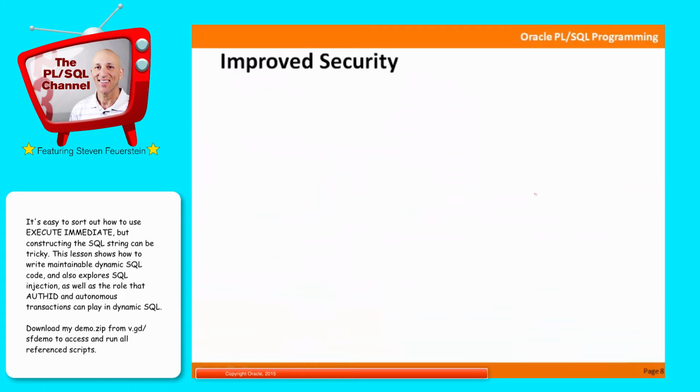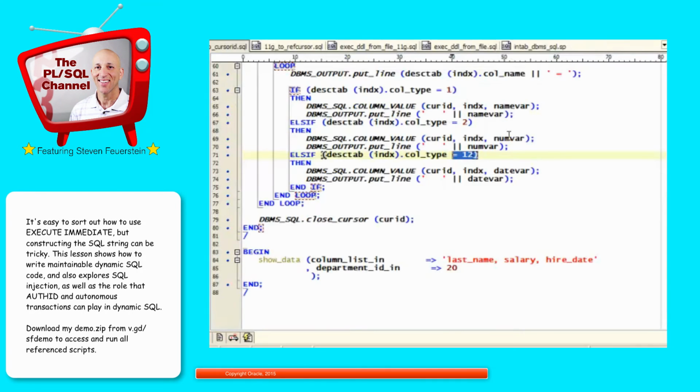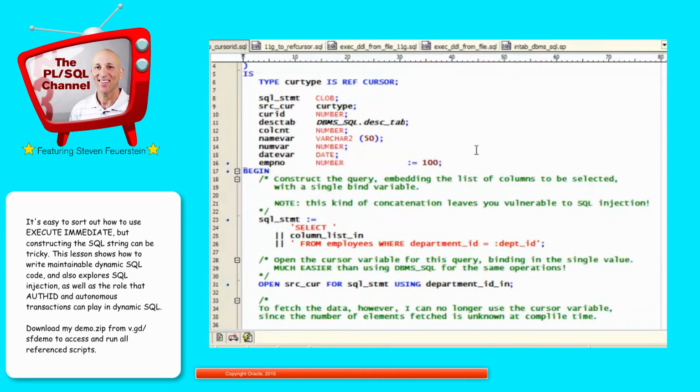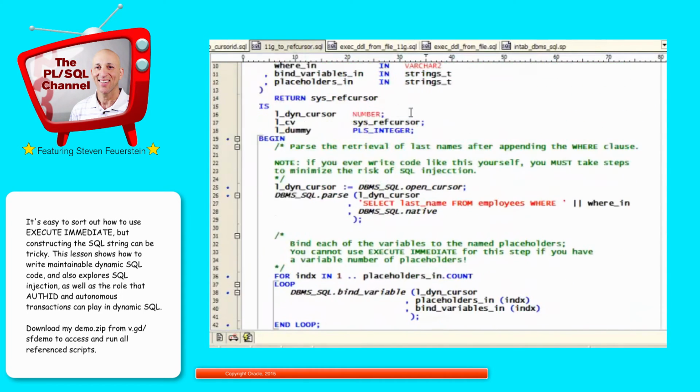Improve security. There were several features of DBMS_SQL that were causing headaches for people who were very concerned about security. One of them is that when you call DBMS_SQL.OPEN_CURSOR, which is what I'm doing right here, Oracle returns an integer that points to the result set. And Oracle was generating sequential values, so open cursor returns 1, then 2, then 3, then 4, which made it